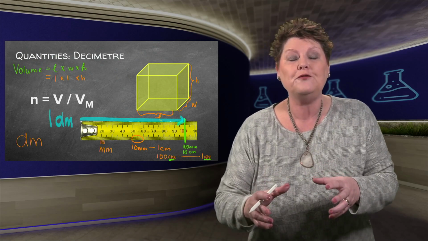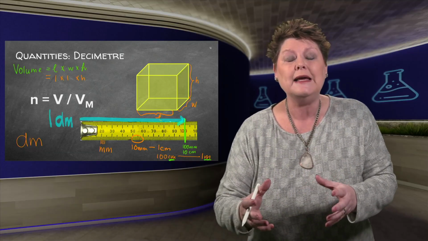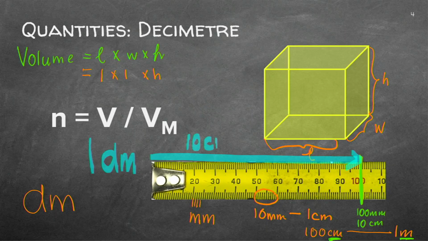So if you get confused with the fact, what is this decimeter again? Take out your ruler and say to yourself, well, 10 centimeters is actually 1 decimeter. So what do I have if I've got 22.4 cubic decimeters as a constant? Well, I'm just going to make it easier. I'm going to say this is then 22.4 decimeter. This one is 1 decimeter, and that is 1 decimeter.